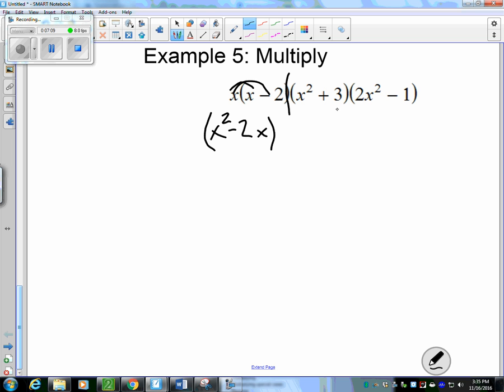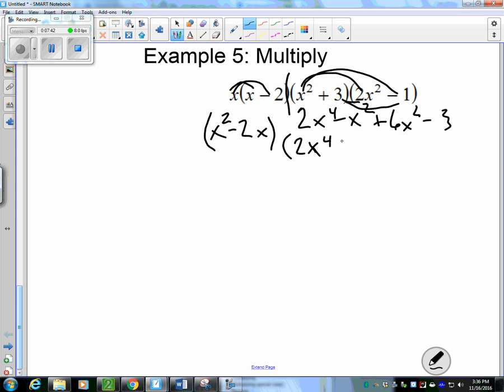You can do this with a Punnett square if you want. Up to you. X squared times 2x squared is 2x to the 4th. X squared times negative 1 is negative x squared. 3 times 2x is 6x squared. And 3 times negative 1 is negative 3. So combine your like terms: 2x to the 4th